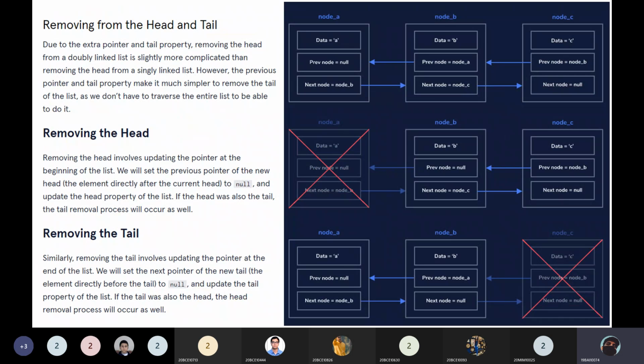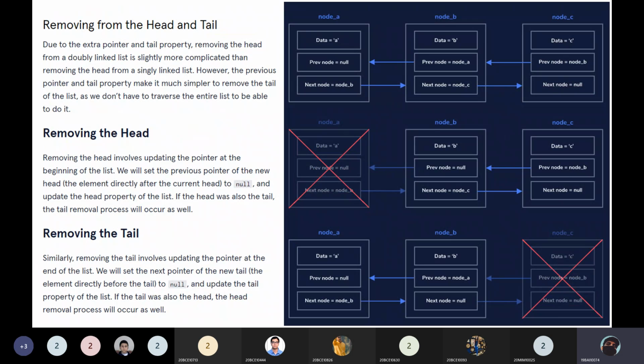So we have to set the length of the list to 0 if that is the case. The second case is when the list has more than one element. When you remove the head or tail element, the list does not become empty, but has some elements. So over there we make the appropriate changes.